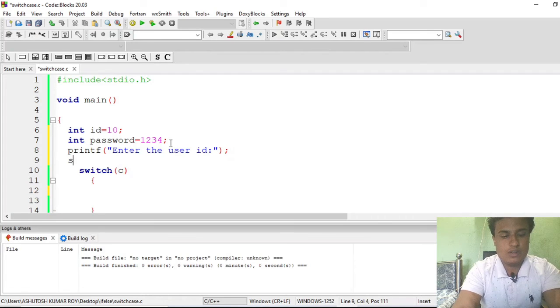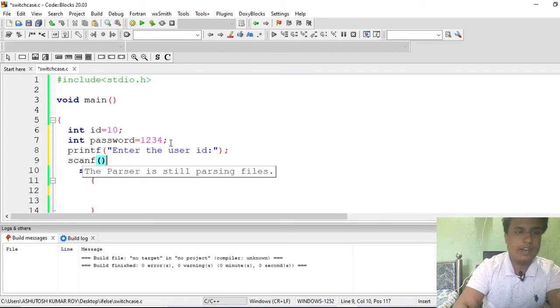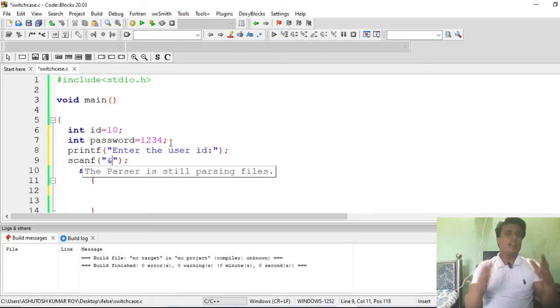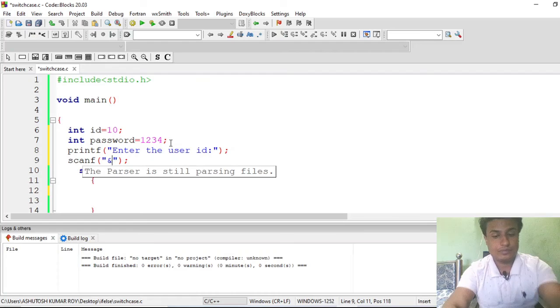Now we will store that user ID in the ID variable, because we have to check with the ID now. It is done in a different way using a database, in a more practical way, but I am just showing you the naive logic. If you understand this logic, the real code of the login section will be easier for you.